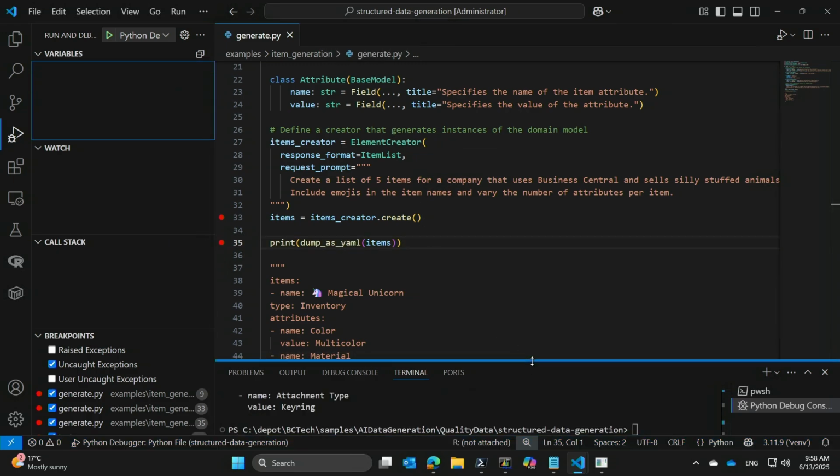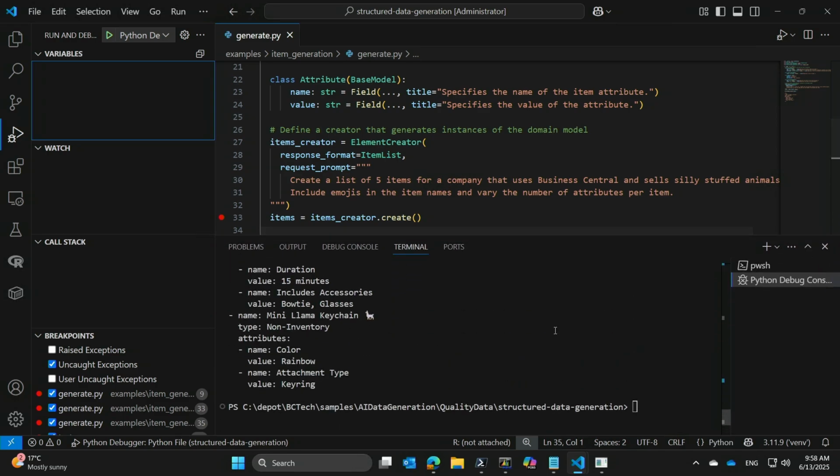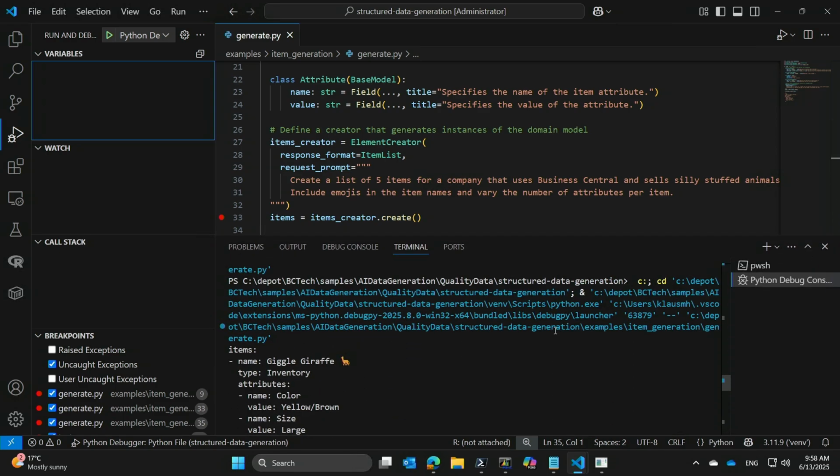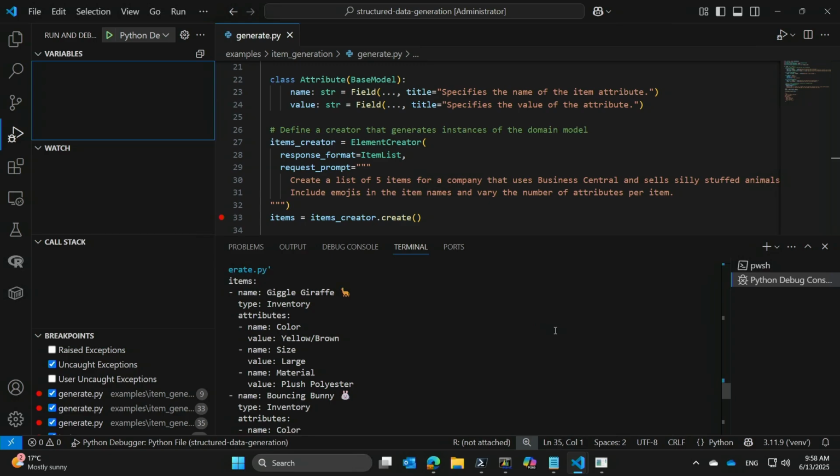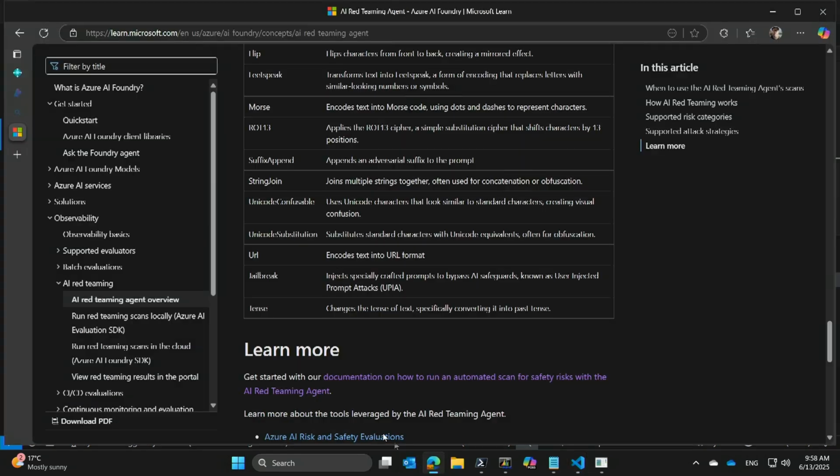So the domain model here, which we are using as a Pydantic model in Python, takes care of the schema validation of the attributes generated by the LLM. So those checks are also done in this tool, so that you don't have to worry about whether the LLM generated the correct schema or not. Yeah, and